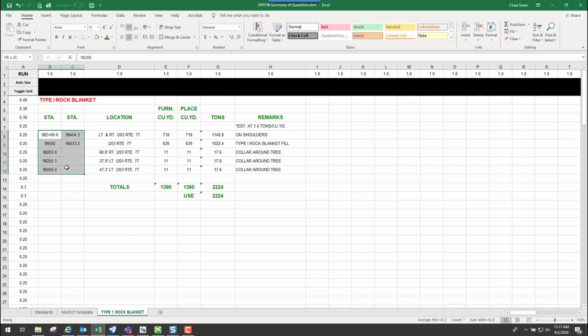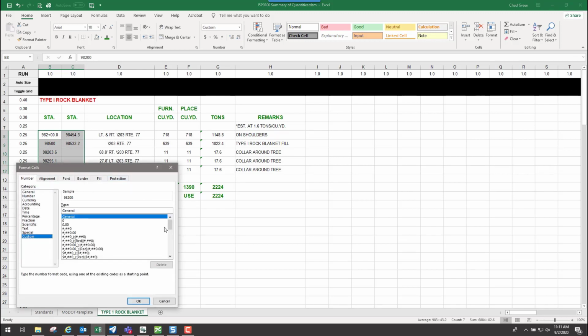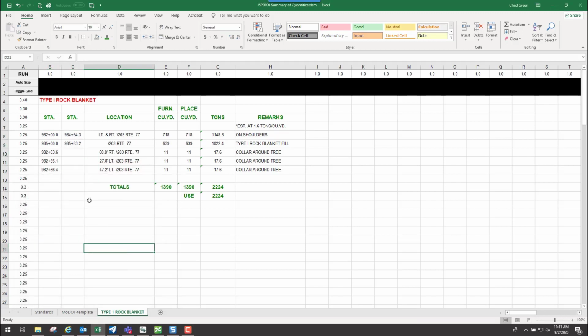So if I went through here and go to Format Cells, and I can do it to all of them if I wish to do that, and it should be down in the bottom of my custom options here. I can click on OK, and you can see that it goes through there and puts in that station, even though these are still whole numbers. If you wish to use that. If you don't want to, you don't have to.